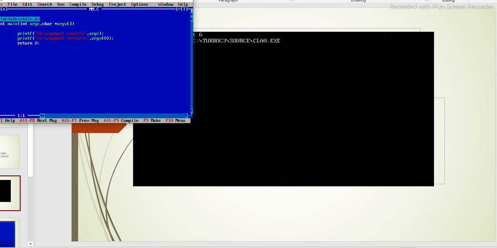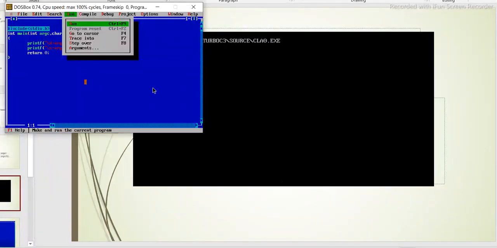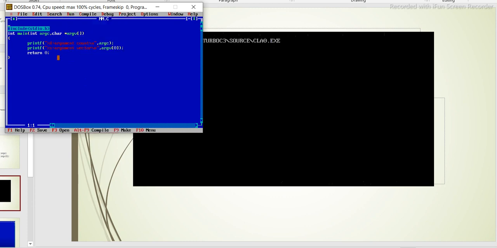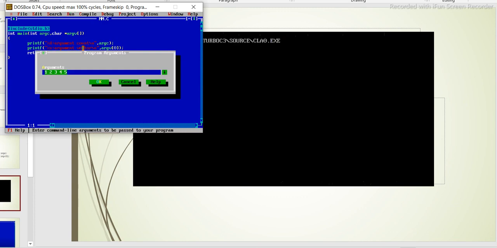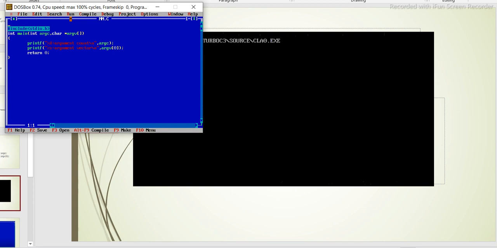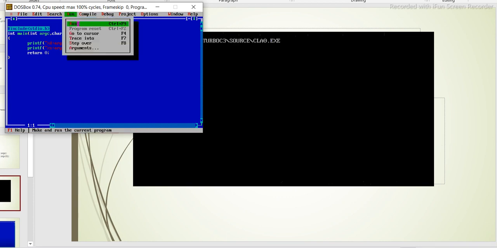We can run it, and in the run we give arguments. Argument values you can give as 1 space 2 space 3 space 4 space 5. I give 5 arguments, okay, and run it.